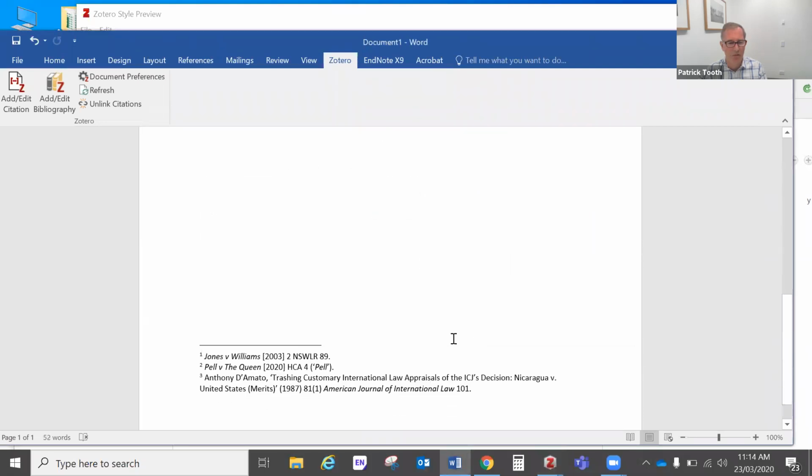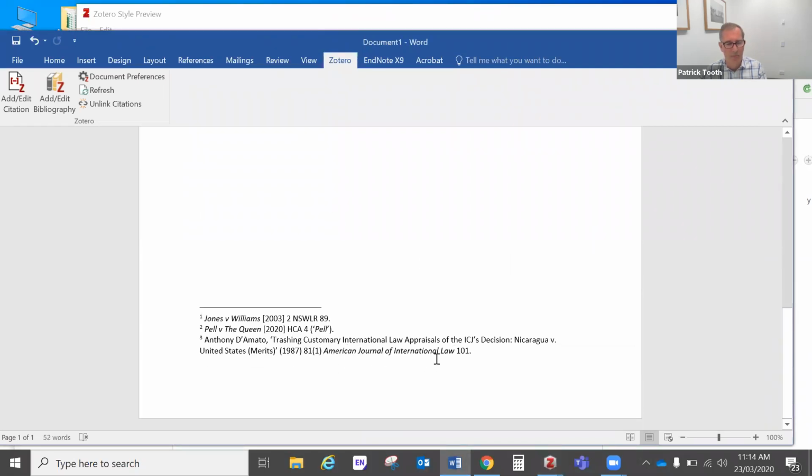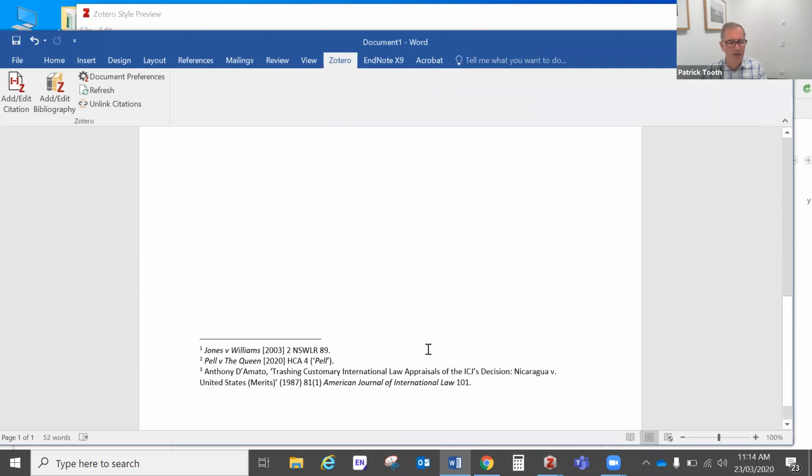So down the bottom, I've got my journal article appearing. Now with pinpoints, that's just editing the citation. You can do it as you go. So for example here,